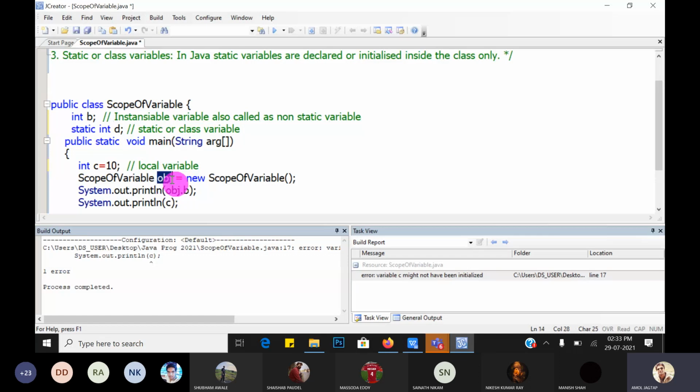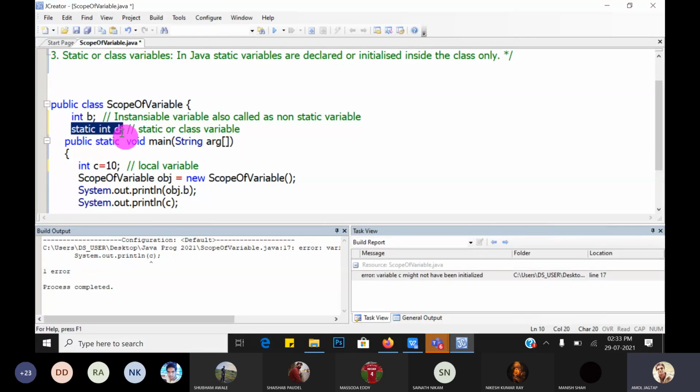So what is an object? An object is an instance of a class. These are called instantiable variables because we can access them using an object.